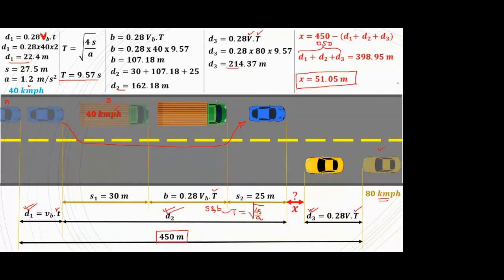And as you can see, it's pretty simple. But what I found interesting was the way in which they presented the numerical, and then you had to think over it and solve it. Initially, I also made a mistake while solving that. I got confused by the line in which they stated that the car A was following truck B and both were traveling at speed 40 kmph. So initially I thought the D1 component was not there in the picture because both the vehicles are traveling at the same slow moving speed.